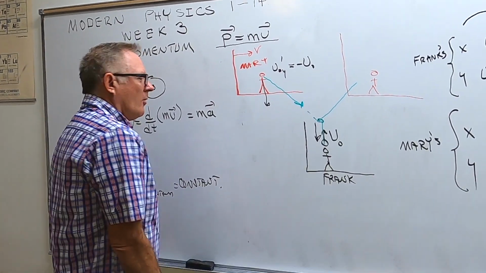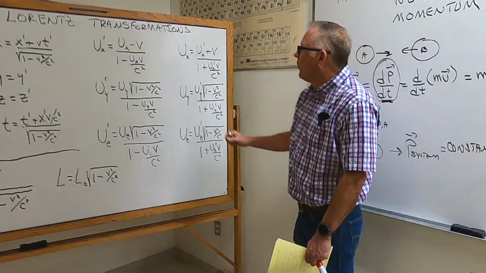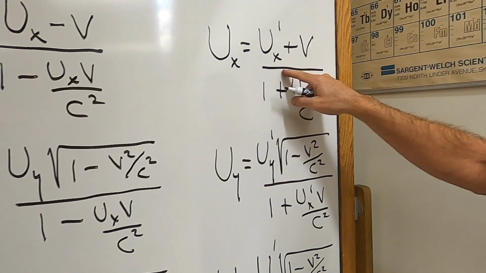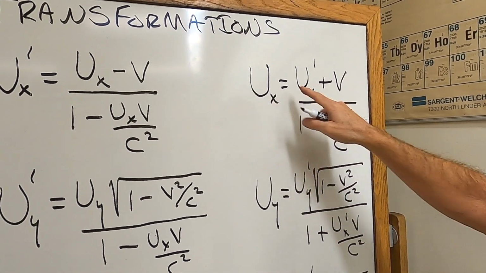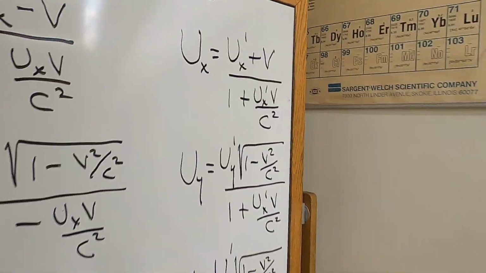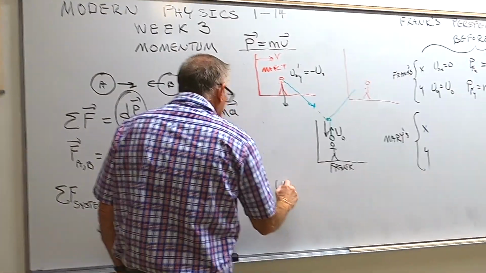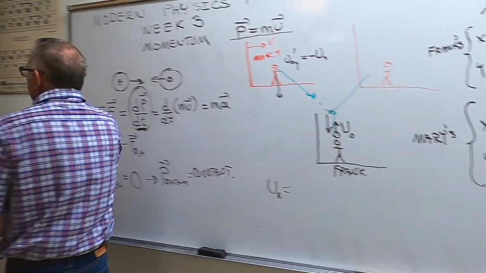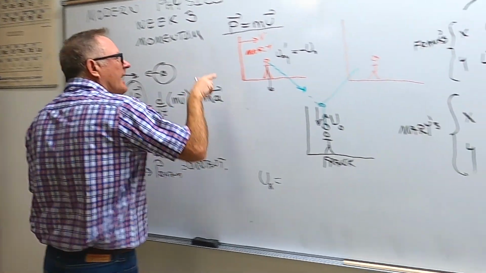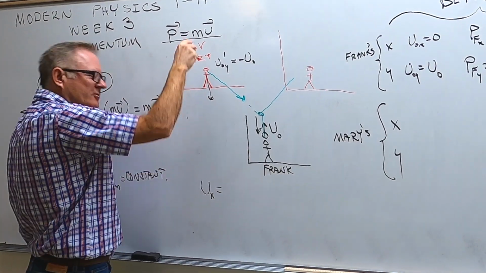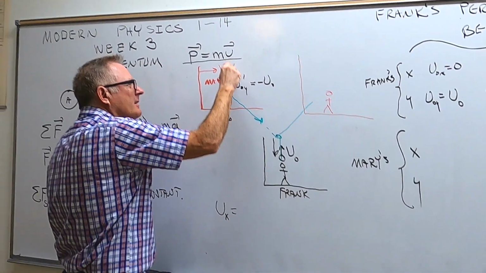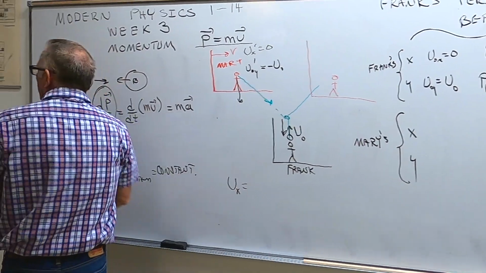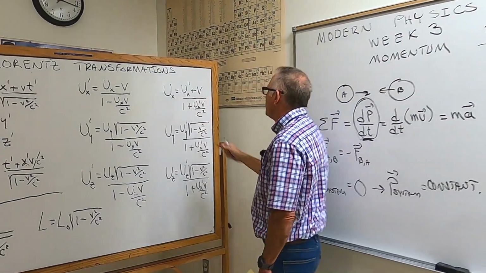Well, what are we looking at? We want to know what Frank sees Mary's x motion to be right here. So we're going to plug in ux equals, he sees the x velocity as ux prime. Well, what does Mary say her x motion is? She's throwing the ball straight down, so Mary's going to say ux prime is 0. So this is 0 plus v, which is just v,